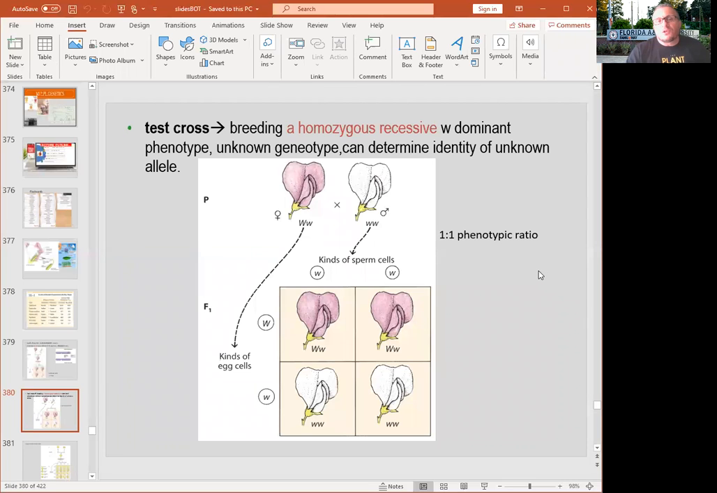There is also something called a test cross, which is defined as breeding. If you have an unknown genotype, you can cross that with a homozygous recessive and look at the offspring. If you see a 1-to-1 ratio, that tells us the unknown is big W, little w, heterozygous, or